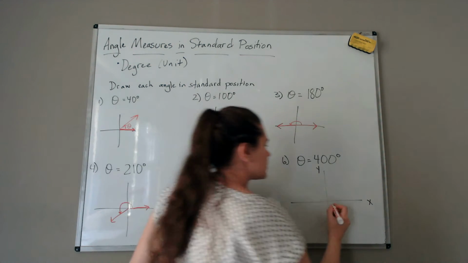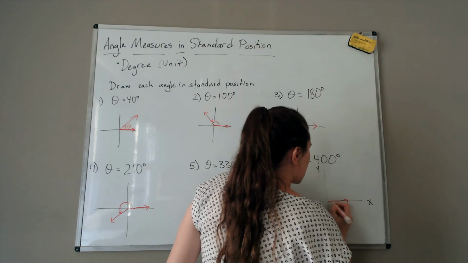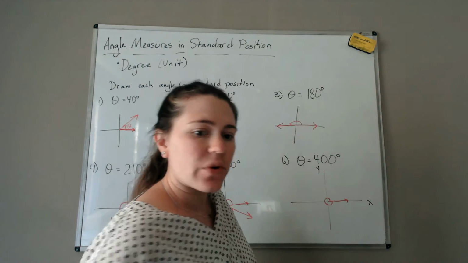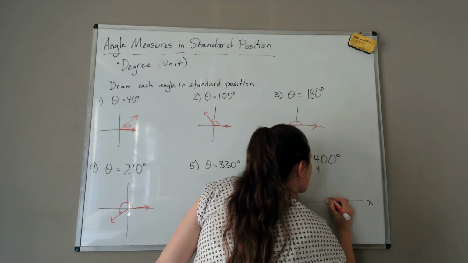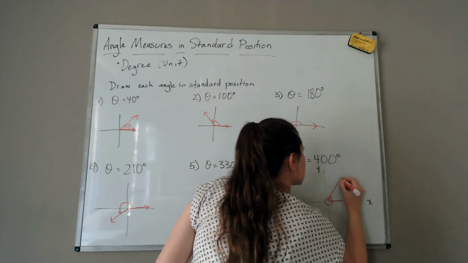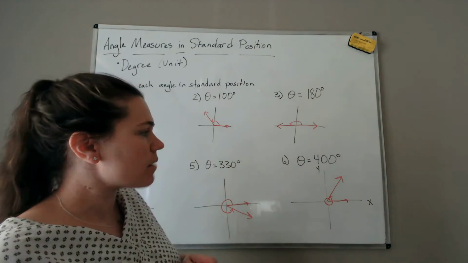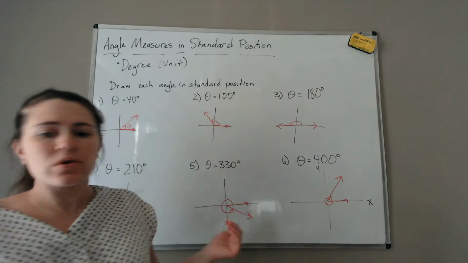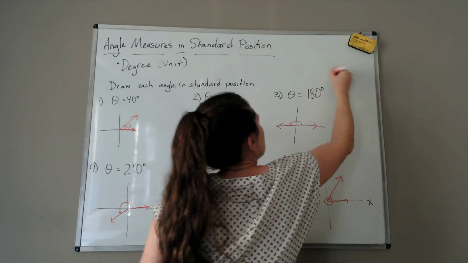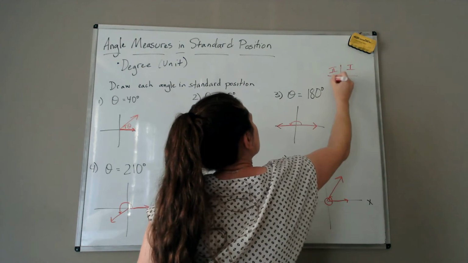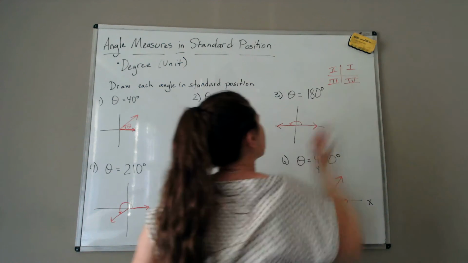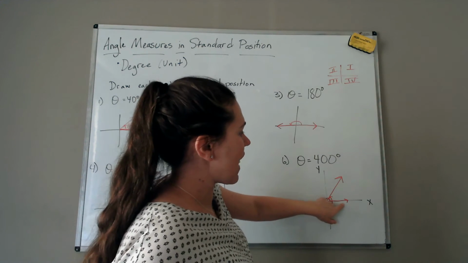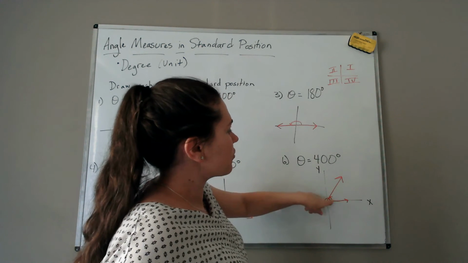400 degrees means, okay, I start here. It means I'm going to go around one full rotation, but that's 360. So I actually go up 40 more degrees. Okay, so notice, I end up in quadrant 1, okay? 400 degrees is either going to fall in quadrant 1, 2, right? This is quadrant, if we forgot, this is quadrant 1, this is quadrant 2, this is quadrant 3, this is quadrant 4, okay? It means I rotated a full 360 degrees, so I would be back at my initial side, and then I'm 40 degrees more,